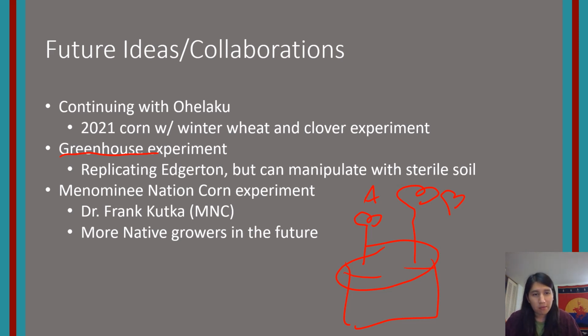Then next, I'm working with Dr. Frank at Menominee Nation College. We're going to run some corn experiments to see what microbes are growing on these different corn varieties in the roots. That's something that I was unable to do this year, but want to do this fall and next spring, is get more native growers involved in this project, especially ones that are doing higher, larger scale experiments where they would be interested in things like cover crops. And so I'd be happy to work with them to expand the project, expand UW-Madison's research to make sure that perspectives of indigenous growers are taken into account when we do our research and our science.